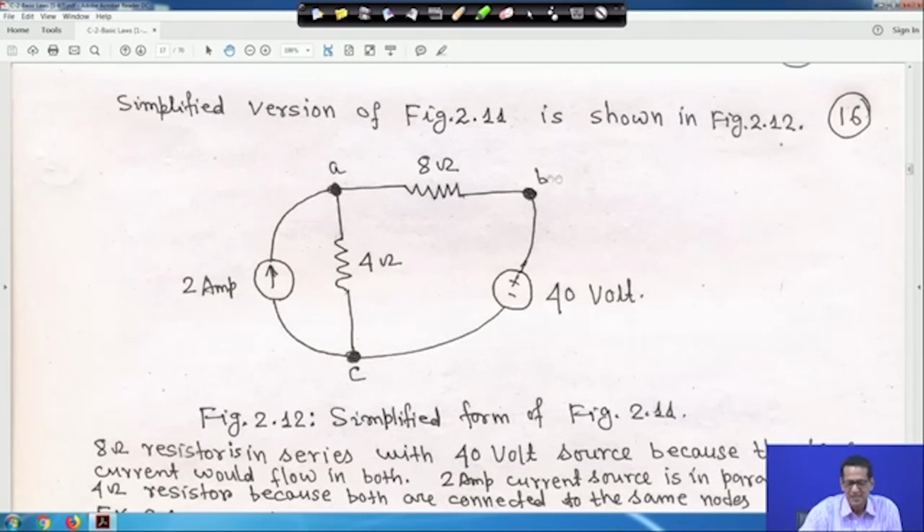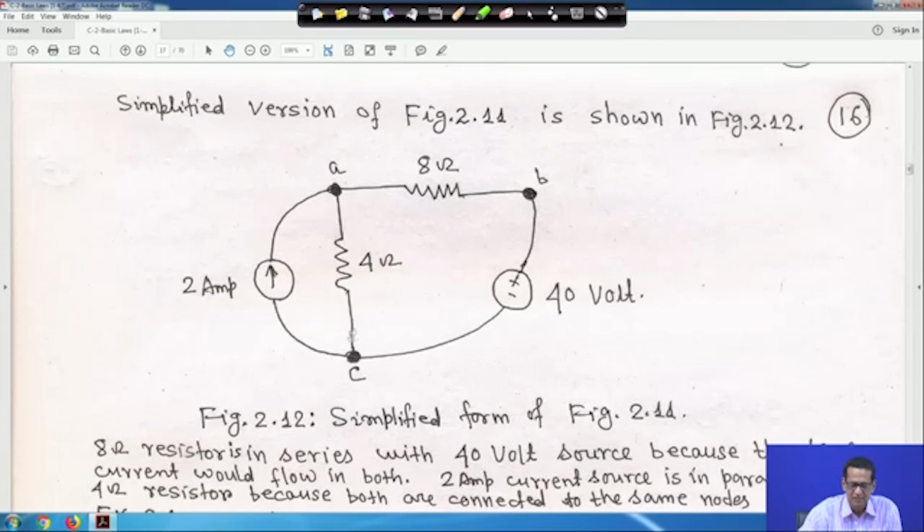So, there are 3 nodes A, B, C, and how many branches are there? 1, 2, this is a current source, it is connected across a terminal AC, 4 ohm resistance also connected across your AC, right, and 8 ohm resistor connected across AB, and this 40 volt voltage source is connected across BC. So, there are 2 ampere current source, 4 ohm resistor, 8 ohm resistor, and 40 volt voltage source. These are the 4 elements and 3 nodes, and series or parallel,